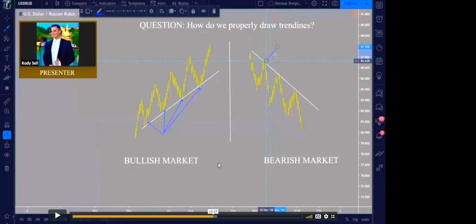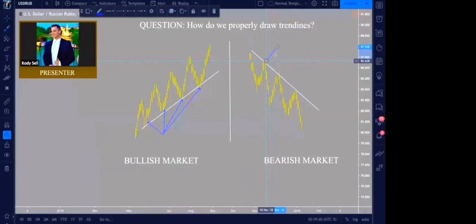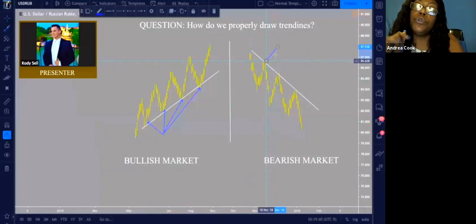Quick question. Yes, ma'am. No, that definitely makes sense. So from the bullish market, once it breaks the trend line and goes back up to retest, at the retest, when it goes back up, is that when we get in on the sale? Is that the move? Yes, and what you would do,